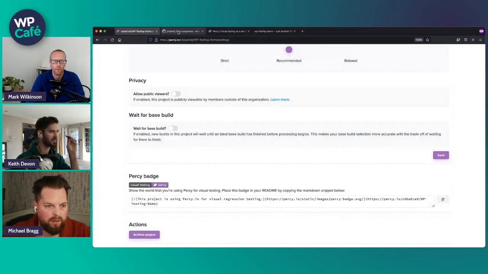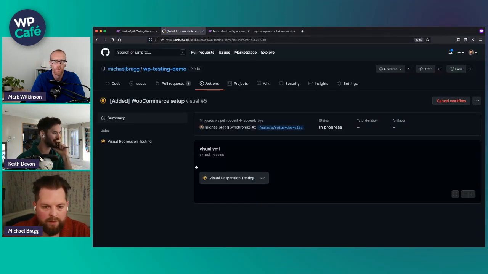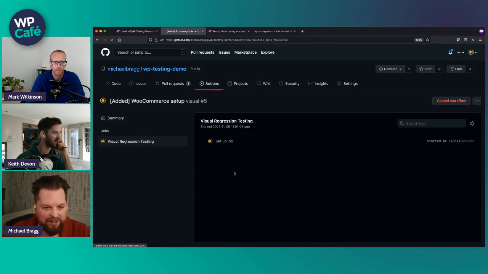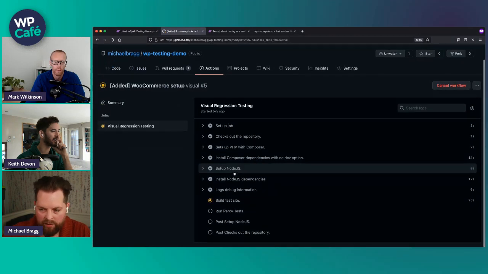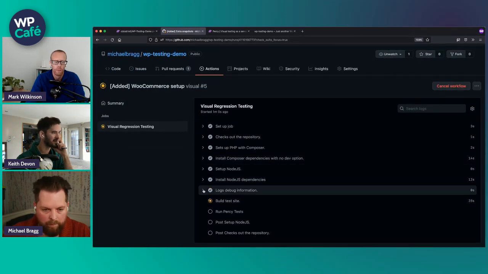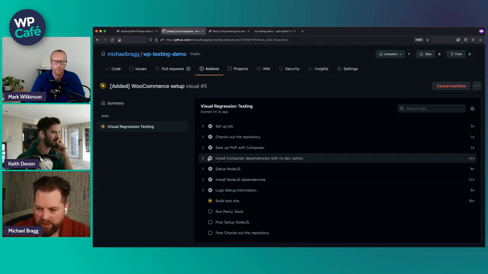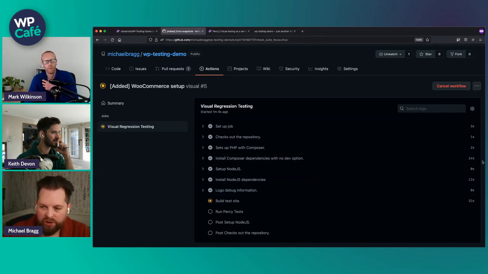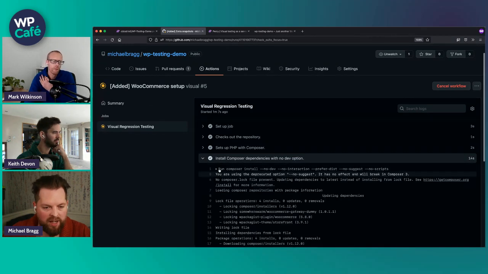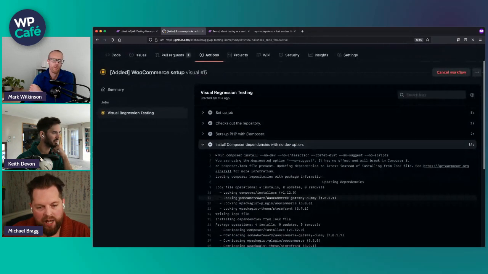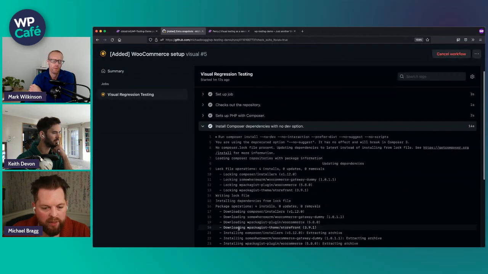Unsurprisingly, it takes a little while, doesn't it? Building a new WordPress site every time. Yeah. So you can speed this up with caching. Okay. Because we're only installing, like, the 14 seconds it took to install Composer dependencies, it's had to go away, grab those files, and download them. Whereas what we can do is